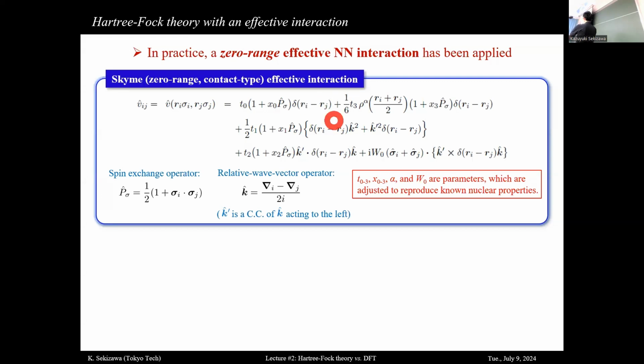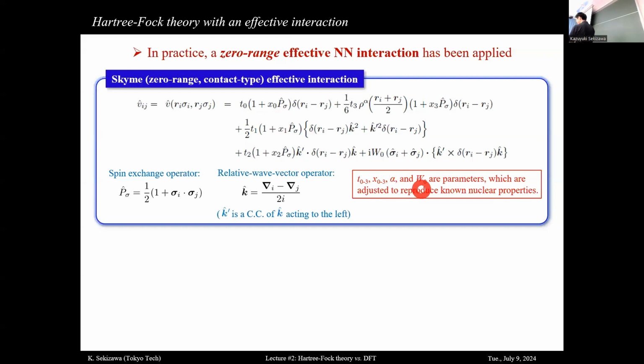It means this interaction acts only for the case where two nucleons are at the same place, at the same coordinates, R_i and R_j equal to each other. Okay. And just to mention, this t0, x0, t3, x3, and so on,